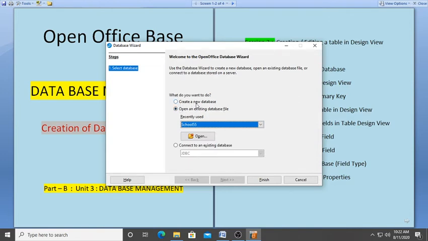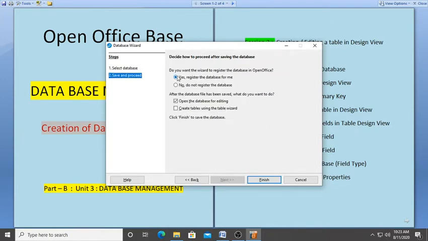So today we are going to create our own database. So click on this, create a new database. After that click on finish. Sorry, click on next. When you click on next, it will ask whether you want the wizard to register the database in Office. We don't want to register the database, so we click on no. After that it is asking what you want to do after the database file has been saved.